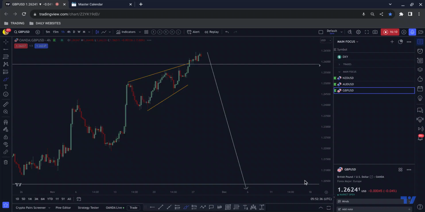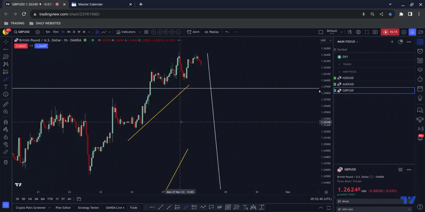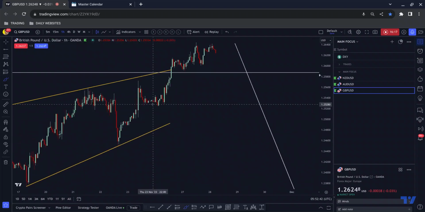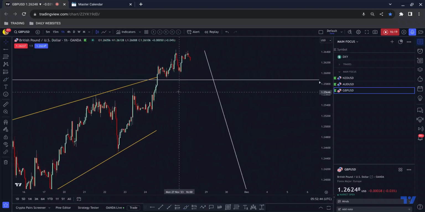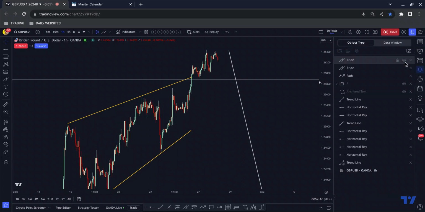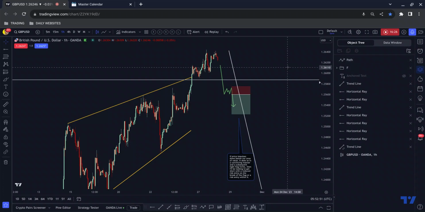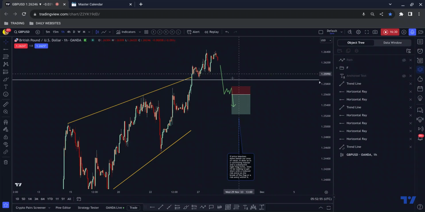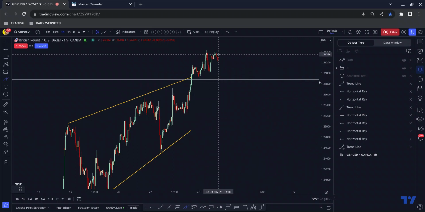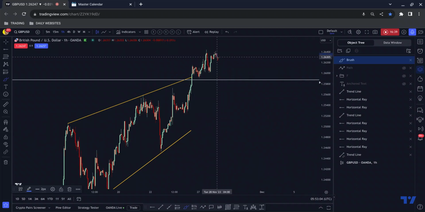The other reason why, my computer has just frozen up a second. We'll just wait for that. There we go. Right. The other reason why I would be wanting to see a convincing break below all of this is because, if I just put that back in its box a minute, what we could be seeing here is a bull flag. Given that we didn't react from that area of value, what we could be seeing is something like this, okay,